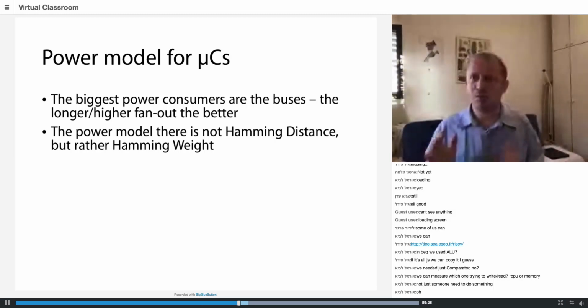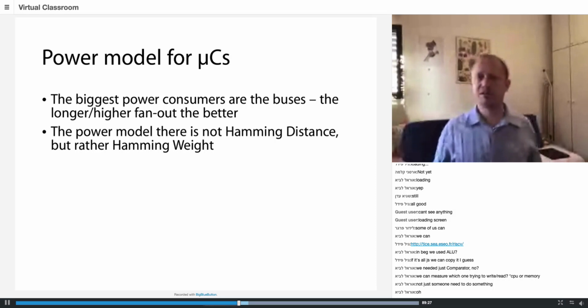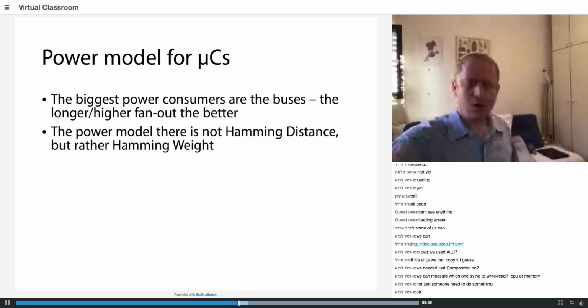So I think we're ready to do some power analysis. Let's get some keys. So the figure I'm going to show you